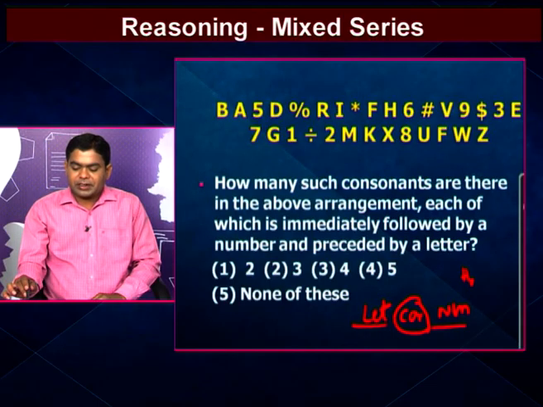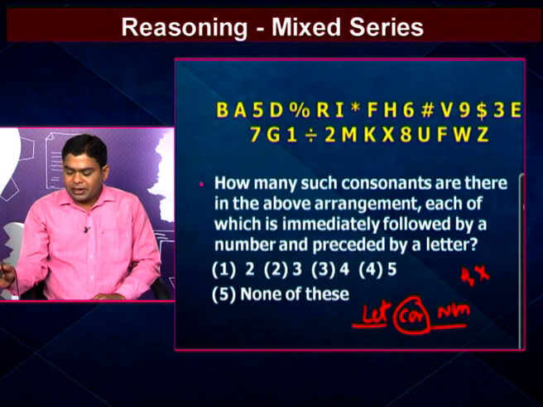After that we go to the next consonant, that one is X. Here the preceding element is K and the following element is 8, that's why this one is counted. Then we go to the next consonant, that one is F. Here it is preceded by a letter but not followed by a number, that's why it does not satisfy the given condition. After that we go to the next consonants, but there is no number, so these elements are not